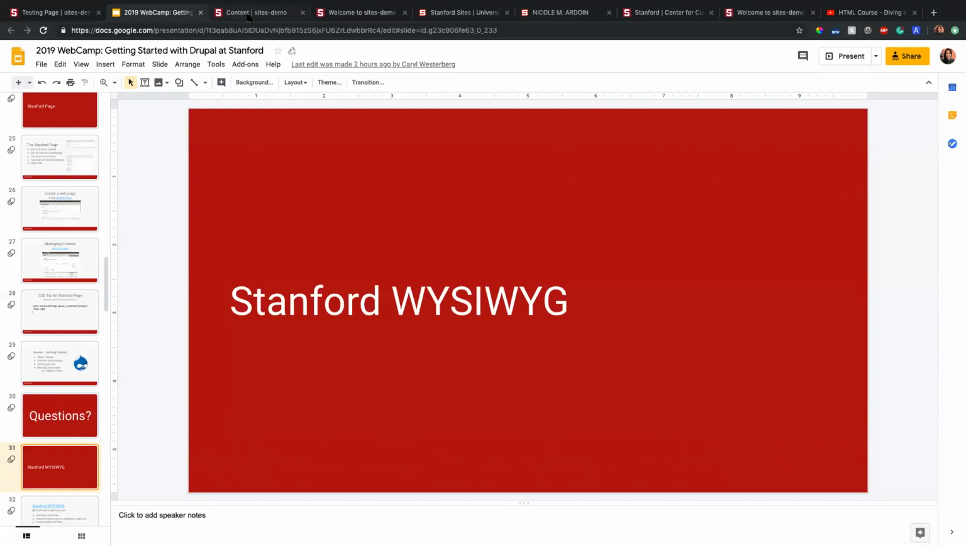And then when you get a Jumpstart site, you get Stanford Framework, which has all the bells and whistles for Stanford branding. So those are two choices. There's also Bartik, which is a native Drupal theme. If you were going to get a Drupal site out of the box, you would get the Bartik theme. We have Seven, which is an administrative theme. The administrative theme is different from